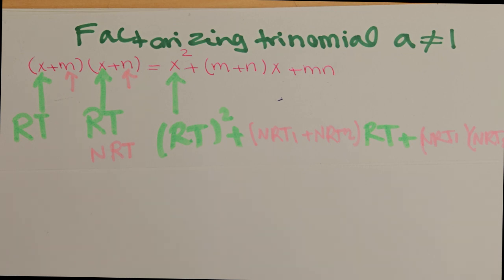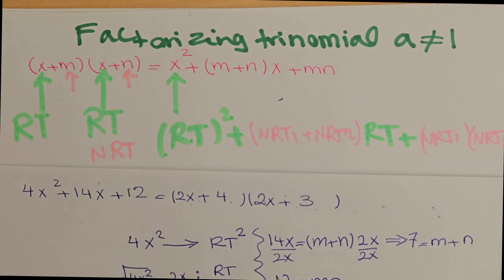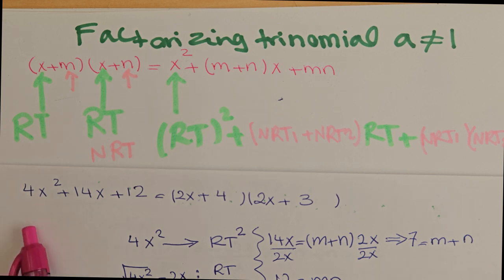In the previous video, we talked about the simplest one, and we did a few practice questions when the A, or the leading factor, was 1. Here we talk about it when the A is not 1. Okay, here let's do an example. Here I have 4x squared plus 14x plus 12. This is a trinomial